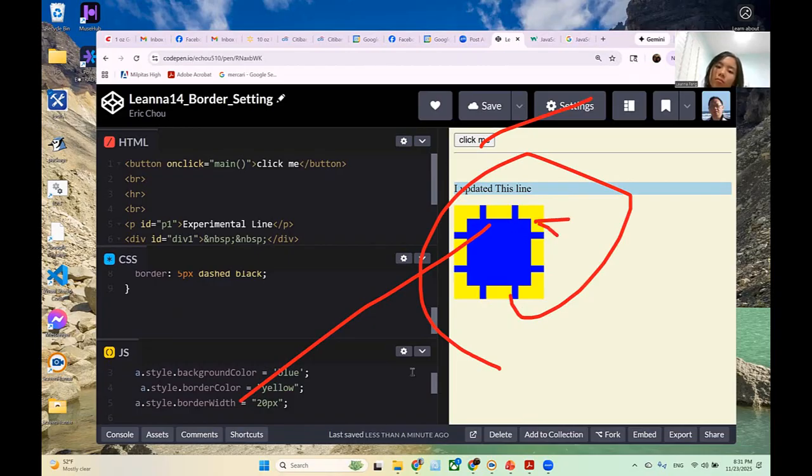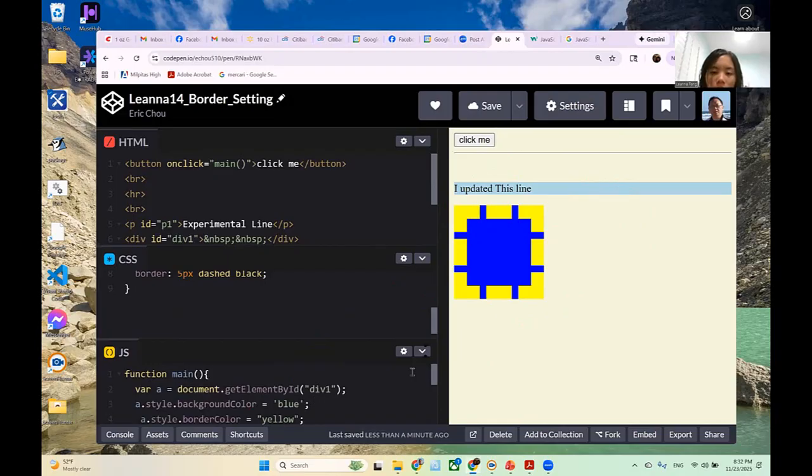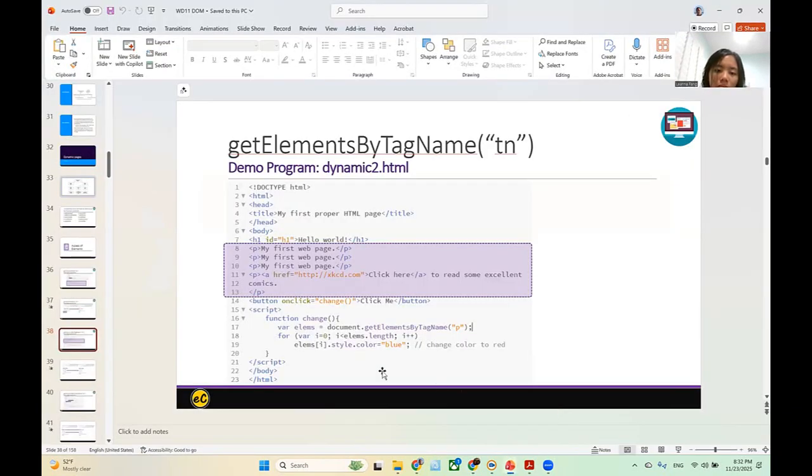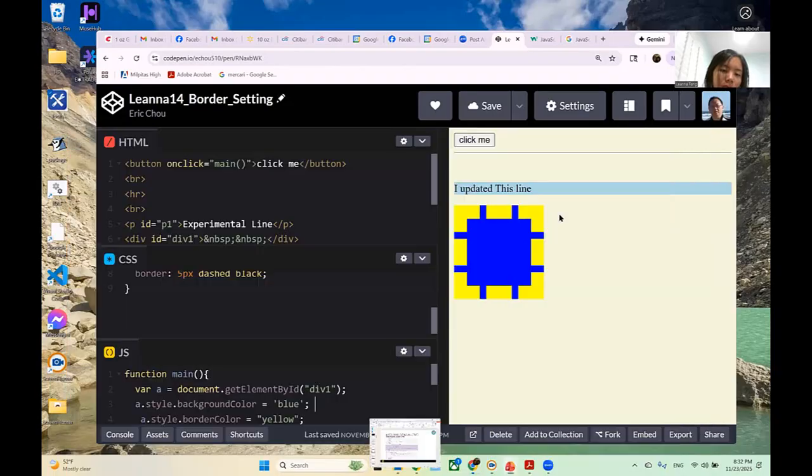Okay, so far? Yeah. Okay, so this one gives you the idea of what is getElementById. Now, next one, let's talk about getElementsByClassName. So right now, if I want to change the background color for both this one and this one at the same time,